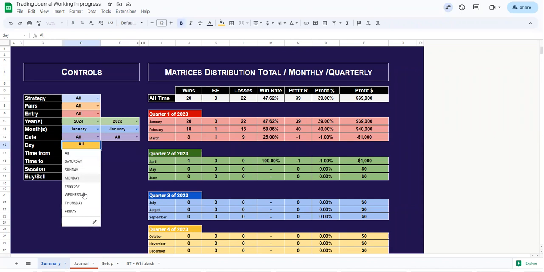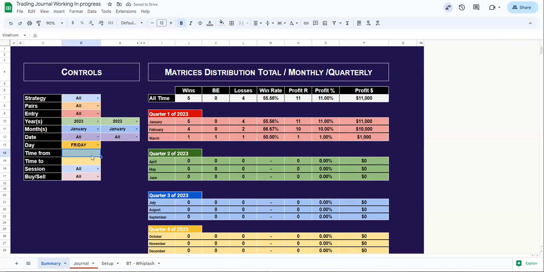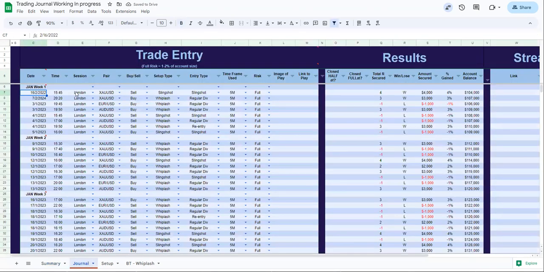If you want to narrow it down more, let's try the Thursdays. Let's try Friday. Okay, 5 entries in it. If I want to narrow it down more, and I want to have it from 1500 hours to 2000 hours, this is how you can enter the timing in here. So you can see this has dropped another one. Initially those were 5, but now if I say that I want it from 1500 hours to 2000 hours, whatever the data time is here,